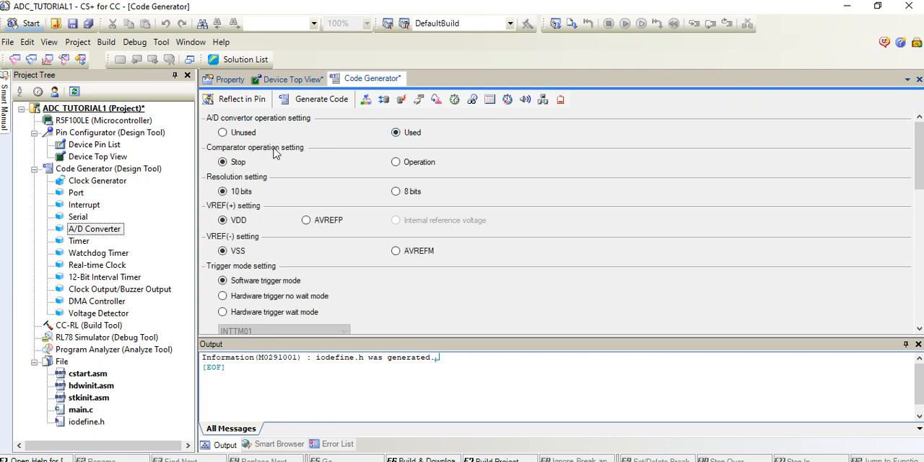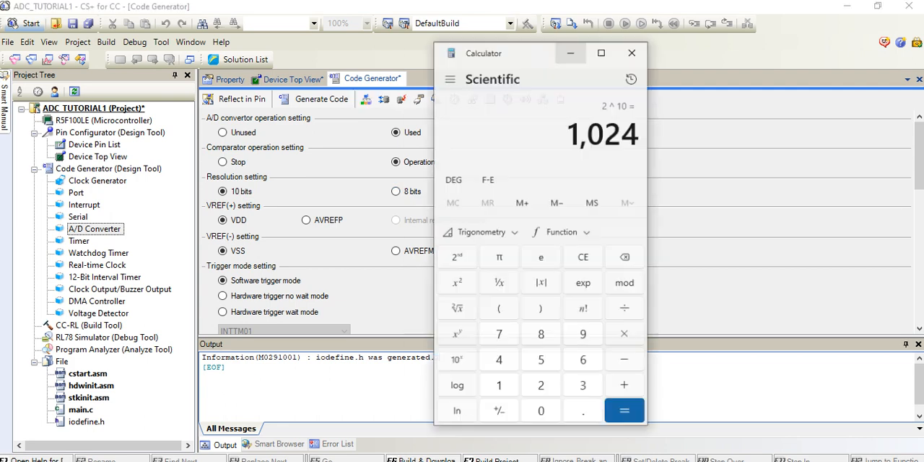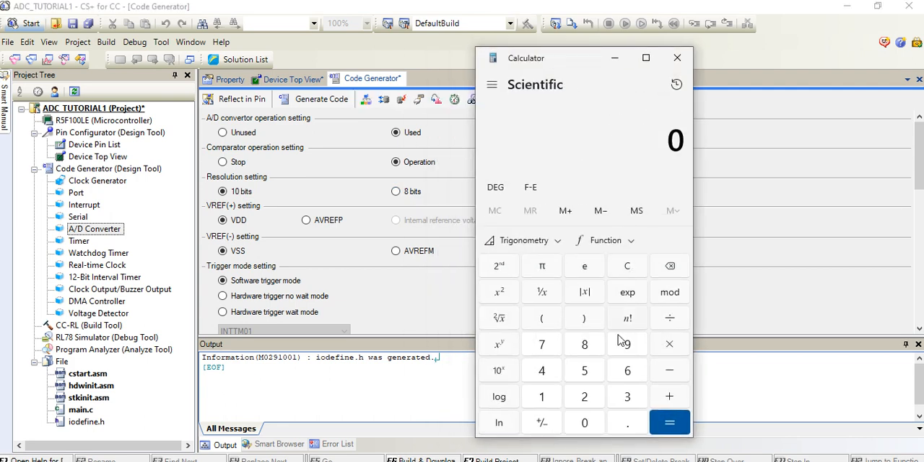Here is the comparator operating setting. You can use that comparator operation if you want to compare something. Then the operation setting: resolution, whatever you want to select, 10-bit or 8-bit. Make sure you know the calculation of the ADC count, how it is calculated, 2 to the power 10. So your highest count will go near 1024, and if you use 8-bit resolution, your count will go up to 256. Okay,